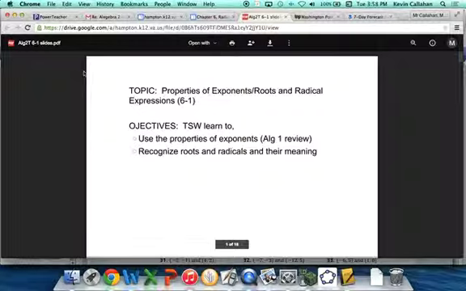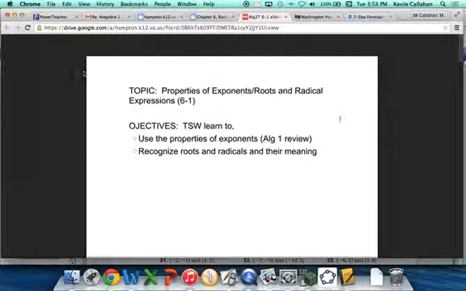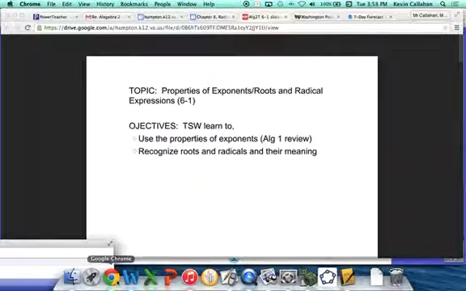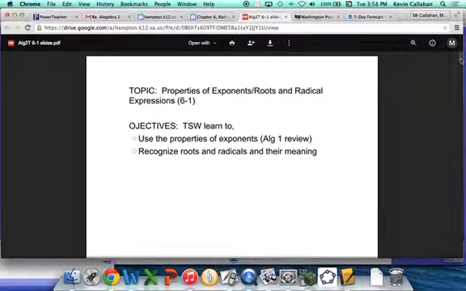Let's see. Properties of exponents, roots and radical expressions. And does that give me a chance to scroll down? Is it over here? I can't see because of the screen. Let me go over to my laptop. I'm sure I can see better what to do. Okay. So if you go to those slides, you can see